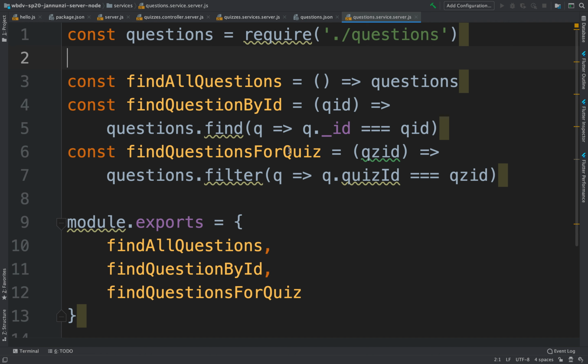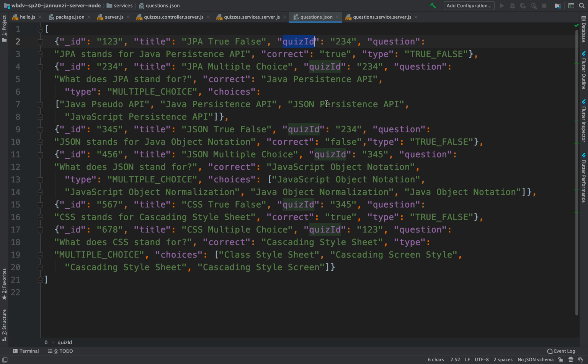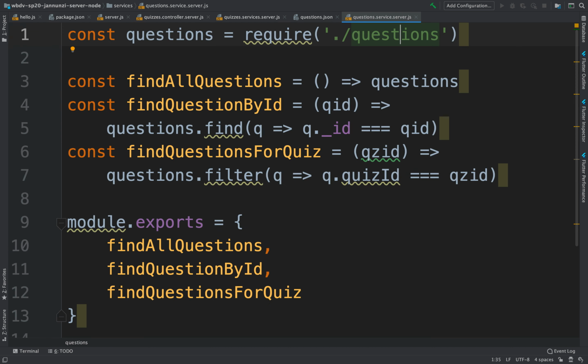Here we have a really simple service that is providing several read operations from a data source. And our data source right now is this simple array. Eventually, we'll replace this with a database, but for now, let's just stick to this simple array. All right, so what we want to do is expose this data model, this set of functions, as